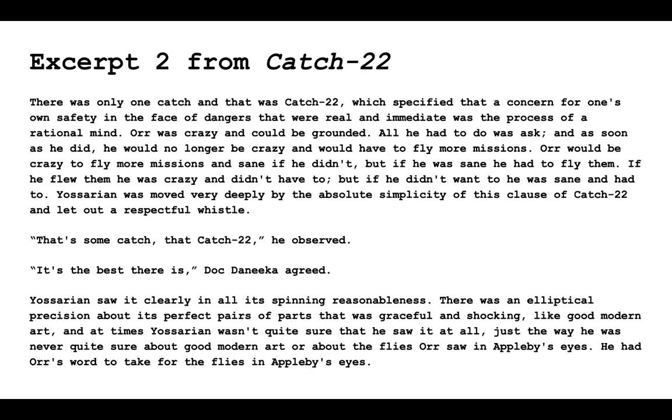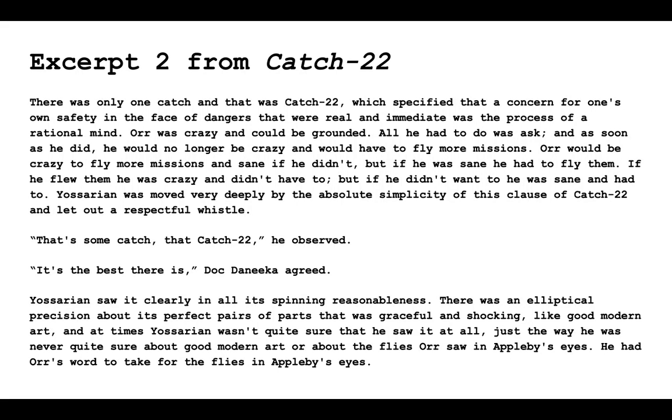There's some black humor in the fact that these two characters even appreciate Catch-22 when it's kind of putting people in danger, if you really think about the situation of somebody being mentally unstable and having to fly combat missions. And there's even some magical realism at the end because they just sort of start shifting into talking about flies in a character's eyes.